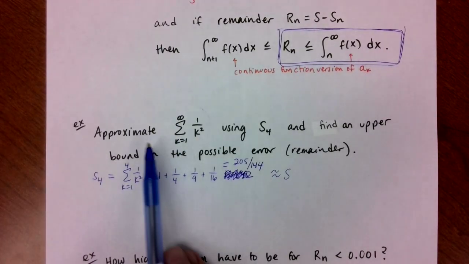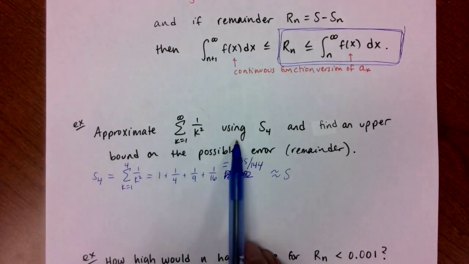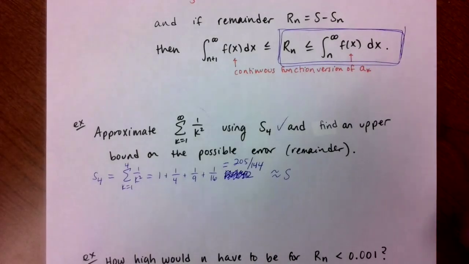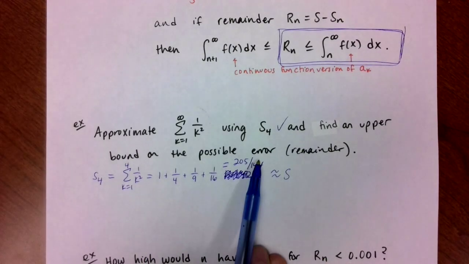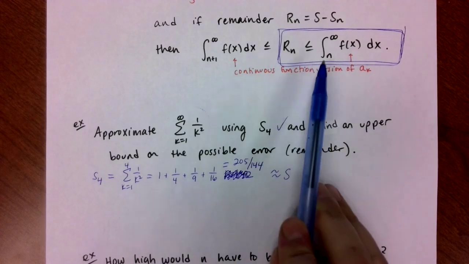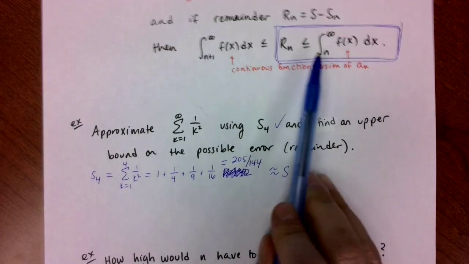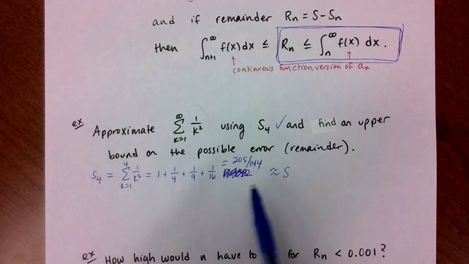Okay, so that's the first half. Approximate this using S4, done. Okay, find an upper bound on the possible error. So now we're going to use the formula in the box here. So R sub 4 in this case